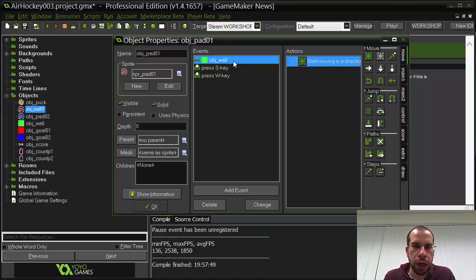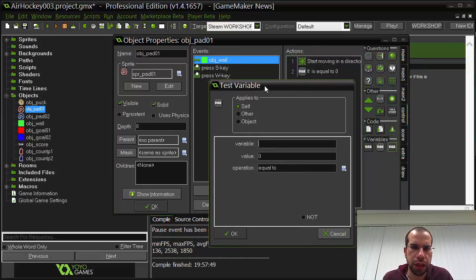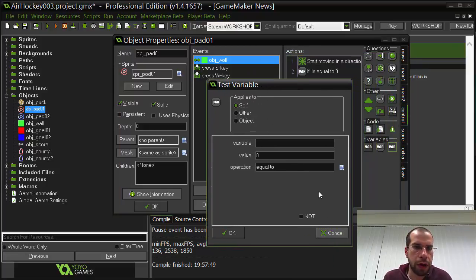All right, so on the wall collision here, what we need to do is go into the control tab, and then inside there we need to get a test variable, which is in the middle of the variable section. It's the one that's in the hexagon section, and when you drag it in, you should get this exact window pop up. Alright, the value that we want to test is the Y value. Yeah, so the Y value, or the Y position of where the pad currently is on the screen. And then the value here is